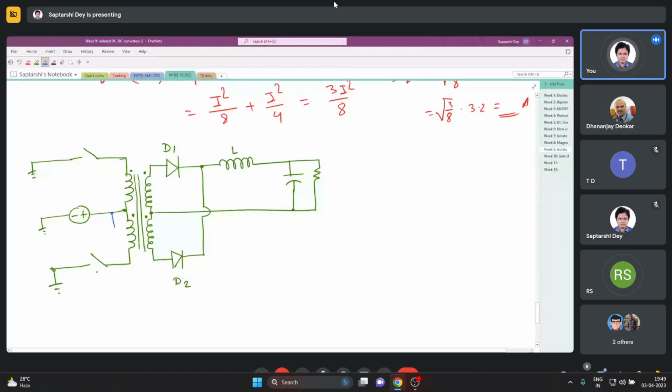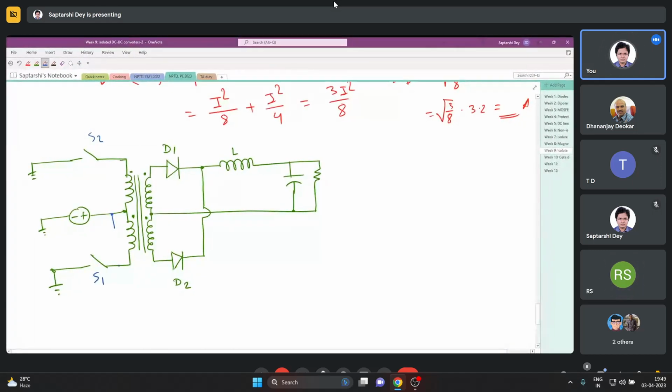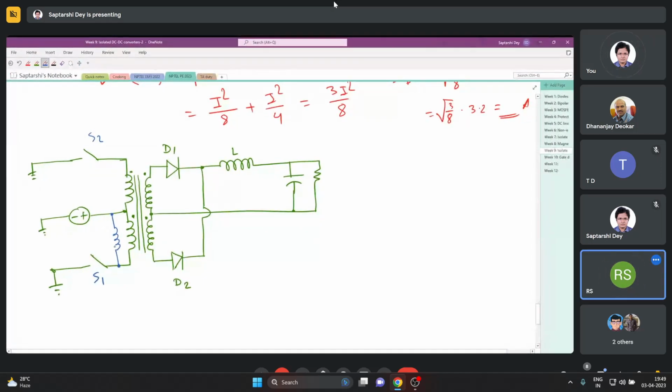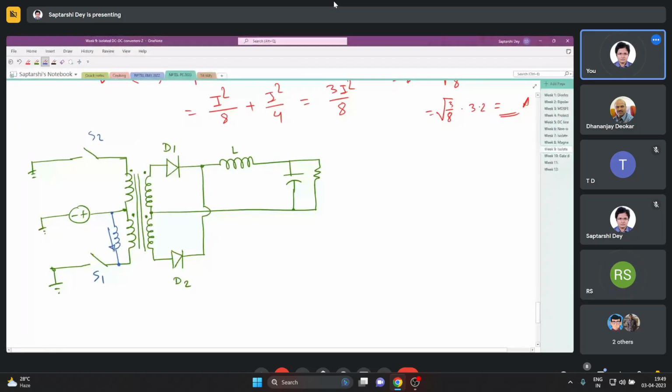When S1, say this was my S1 and this one S2. When S1 is on, we can talk about the magnetizing inductance, and a current was flowing through it, and that is basically representing the stored energy in the core. Now, when we have turned off both S1 and S2,